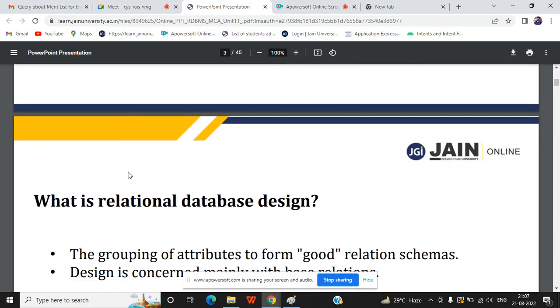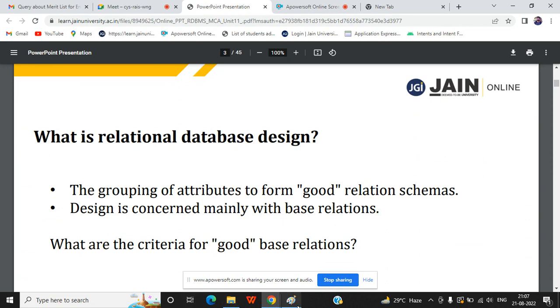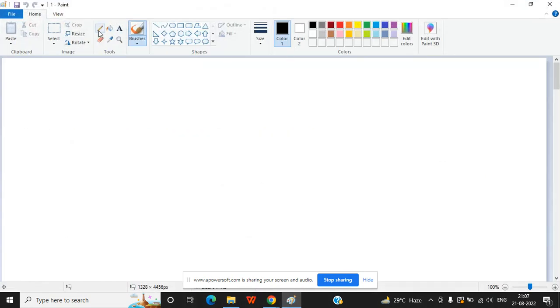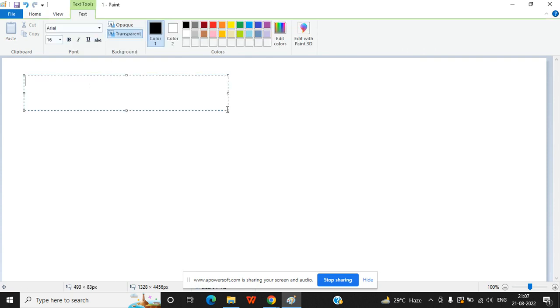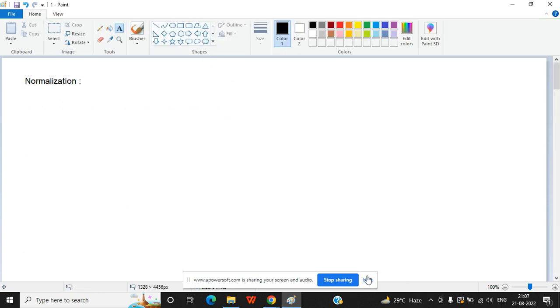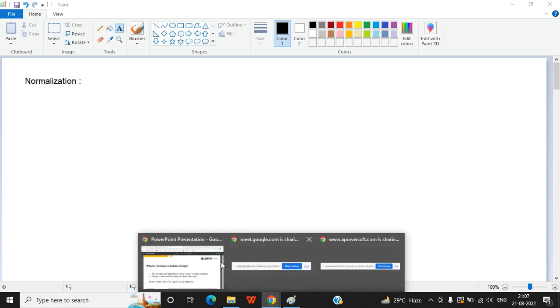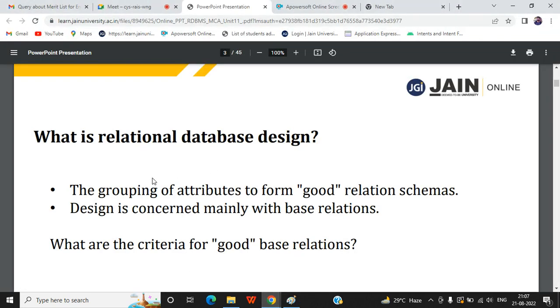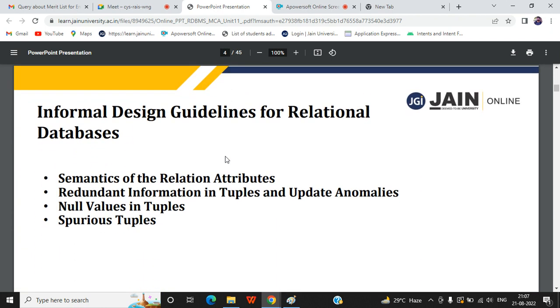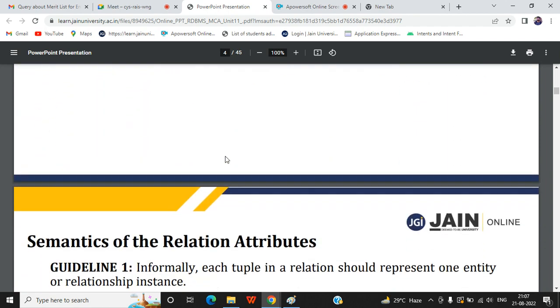Normalization. Okay, so we start normalization in RDBMS. What is normalization? Basically, first check what is relational database design, informal design guideline,